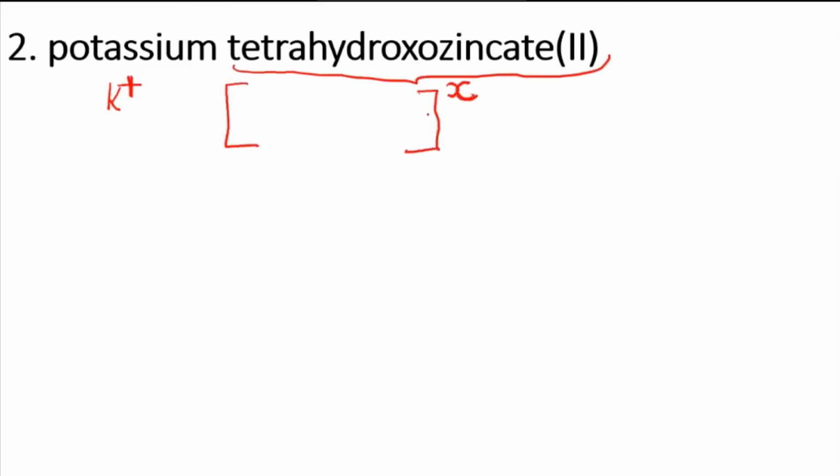Now start with the metal. Which is the metal here? Zincate. That means zinc is the metal, Zn. Then hydroxo. Hydroxo is a ligand, that is the OH group. How many are there? Tetra, that means 4. So now we will start arranging this. The metal should be arranged at the extreme left, so I am writing zinc first. Then coming to the ligand, 4 hydroxo, I write the OH group 4 times. So 4 hydroxo done.